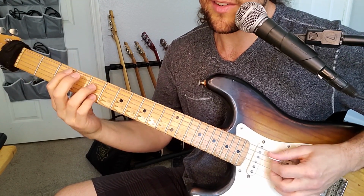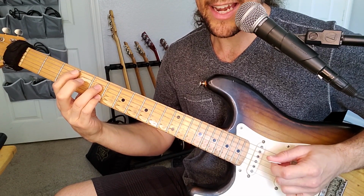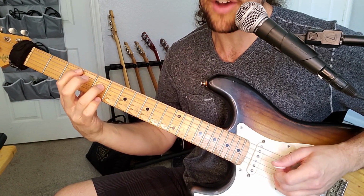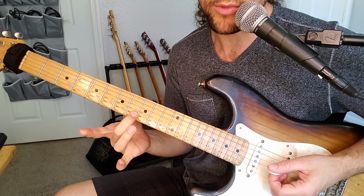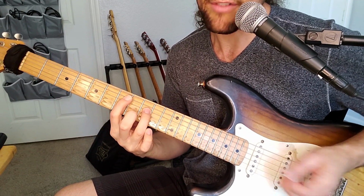We're just going to be playing C, C again, E minor, D, C, C again, and then D suspended 4, and then D major. All the chords are the same structure, 1, 5, 3 every single time. When I go to E minor, it's a flat 3, so I'm using my middle finger instead of the pinky like I was doing here, but it's still the same structure of chords, 1, 5, 3, 1, 5, flat 3,